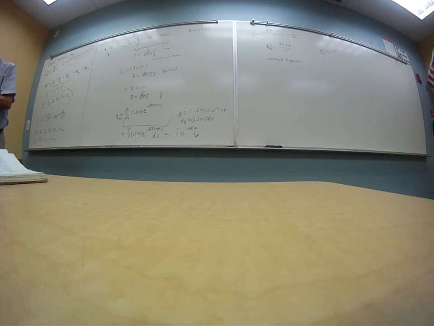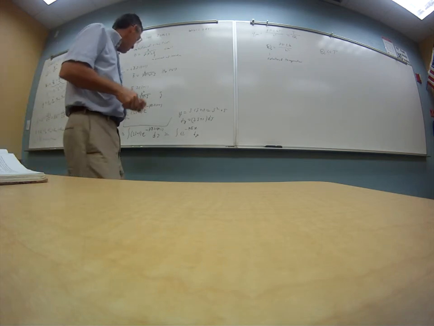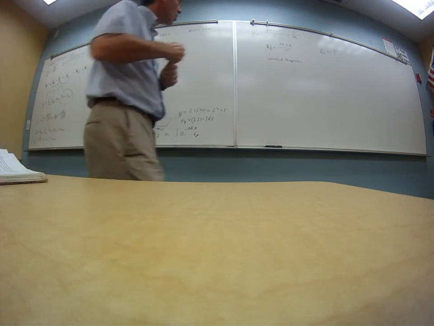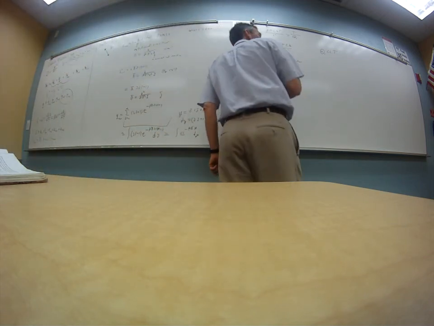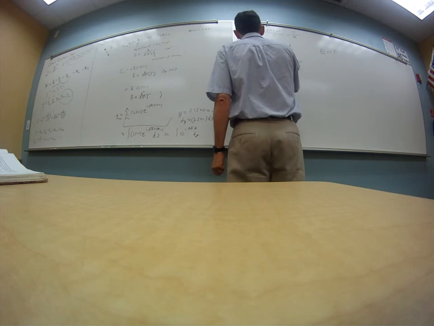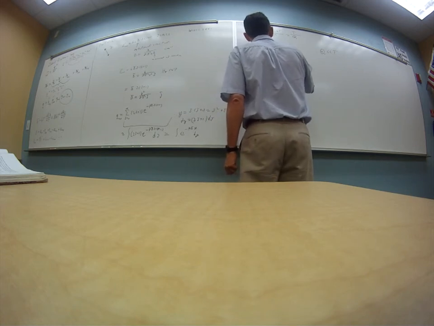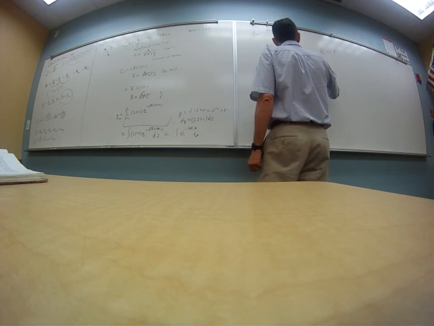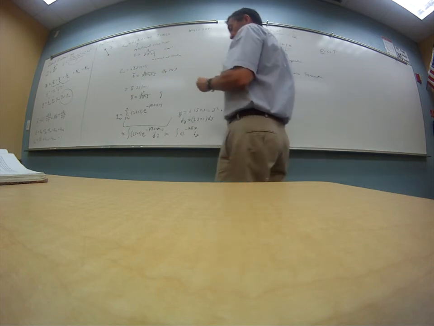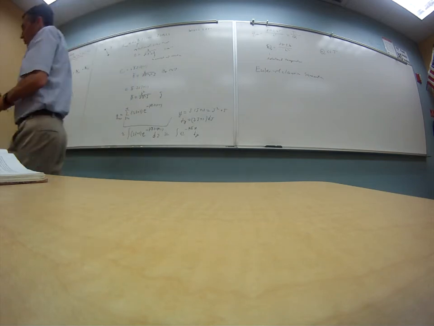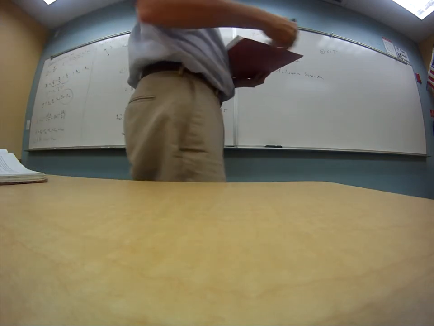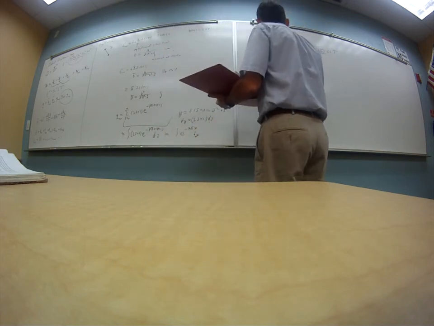Actually, the text goes through a song and dance about how we can make this more accurate, and they talk about a particular way of summing that is clever, called the Euler-Maclaurin summation method. So if you want to be more accurate, you can use the result of the Euler-Maclaurin summation method, which I'm not going to go through. You can study it on your own. It turns out that